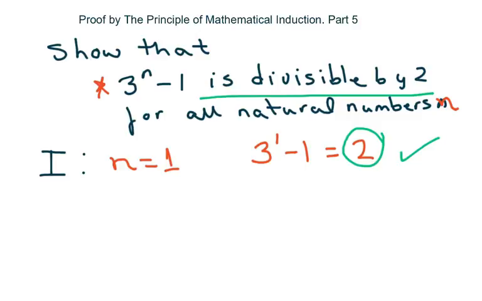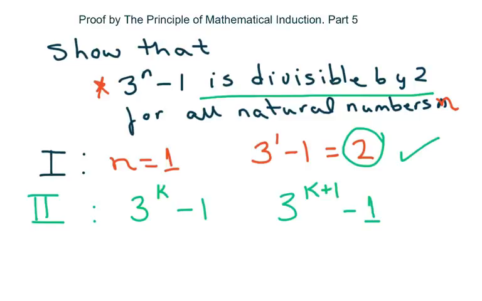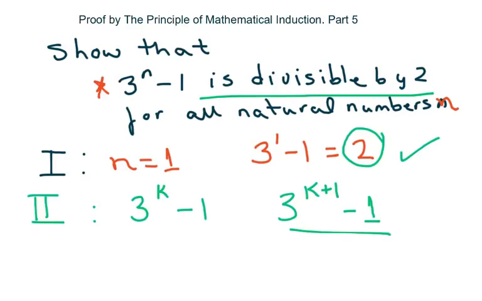So now we want to see if it holds for k plus 1. So we're going to rewrite, changing the n to a k. And now we're going to check for 3 to the k plus 1, the next term. Let me show you the little trick we're going to do with that. There's not much you can do with that if you look at it. Is that divisible by 2? It's hard to tell. So what we're going to do is rewrite it as